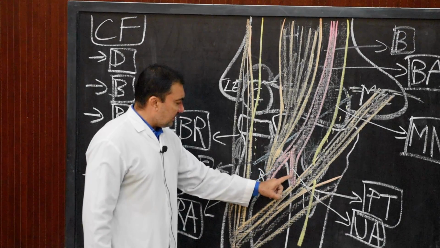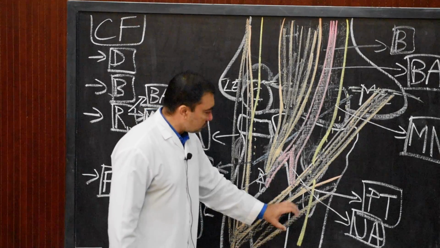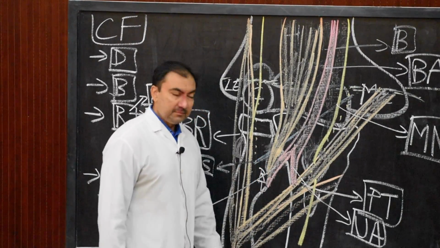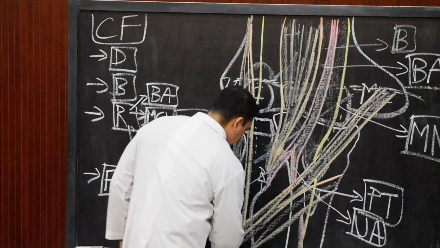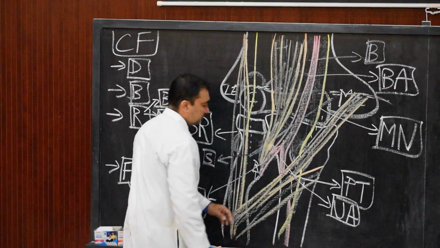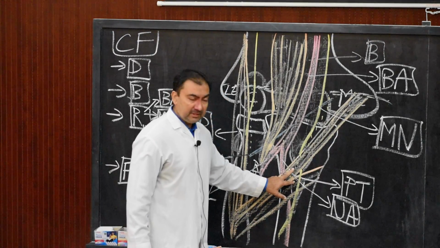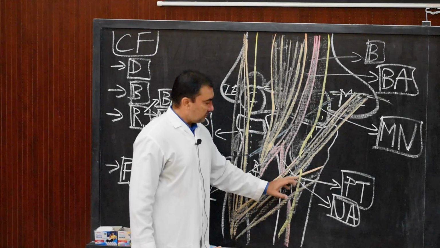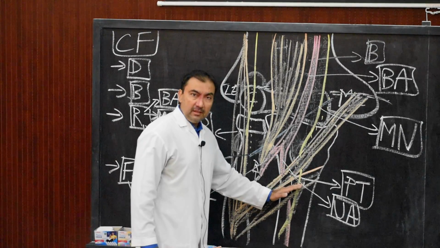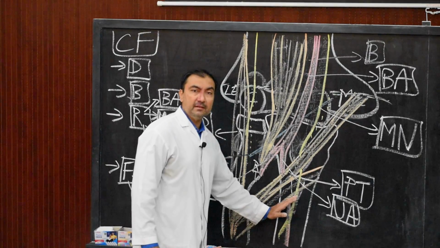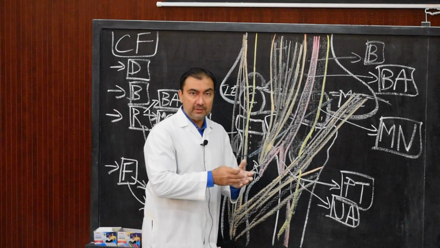What about the ulnar artery? This is also a very important point in MCQ: the ulnar artery will pass deep to the two heads of pronator teres. That means the ulnar artery will be very deep, and it will lie deep to the humeral and ulnar heads of pronator teres as well as the median nerve. So from superficial to deep: humeral head, median nerve, ulnar head of pronator teres, and then the ulnar artery. These are the structures lying from superficial to deep at this level.